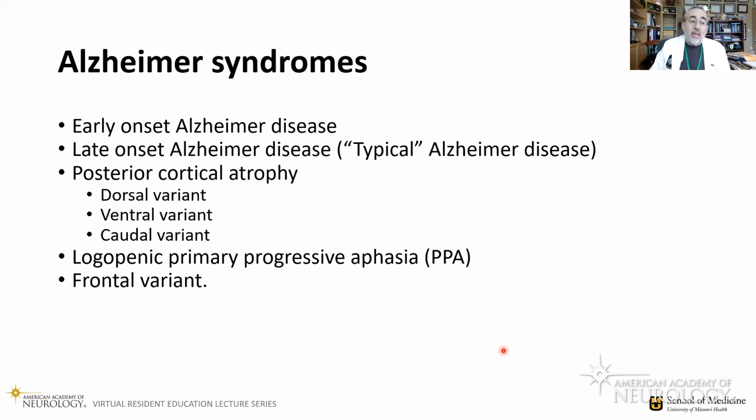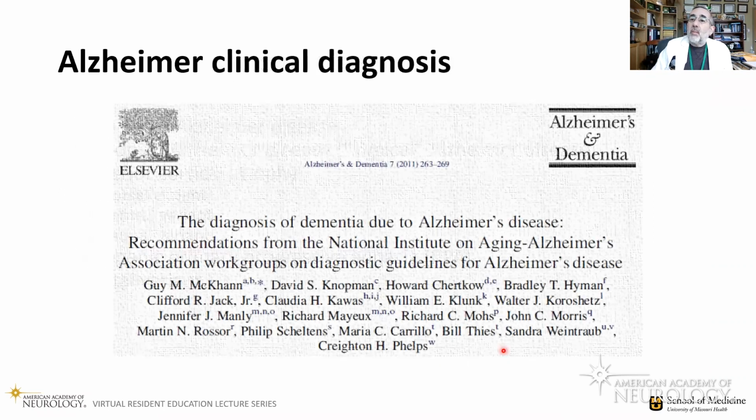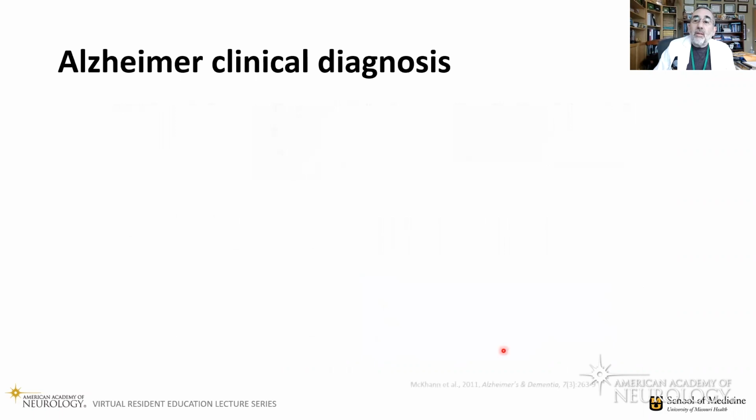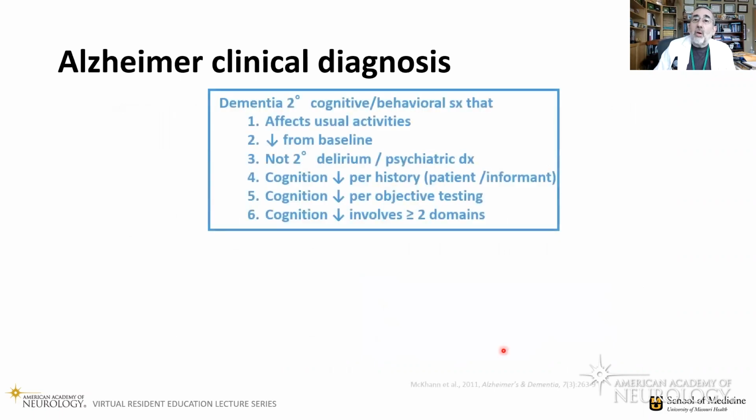Now, I'm not going to go into all these. I just want you to understand that there are many possible syndromes that Alzheimer's disease can present with, and your job is to try and decide how the story of the patient's problem is evolving so that you can understand what syndrome best fits. But you can mostly capture at least the clinical behavior of those syndromes using clinical assessment criteria described in that paper I just showed, and